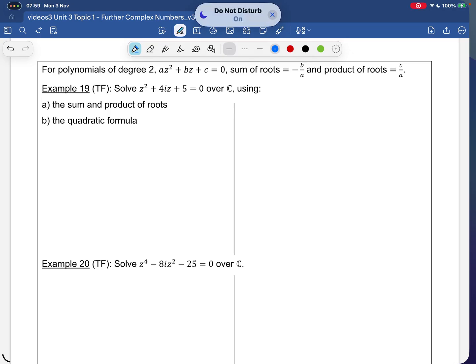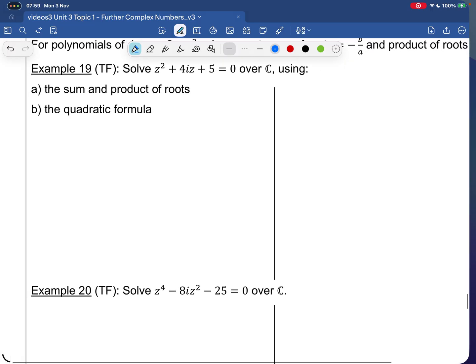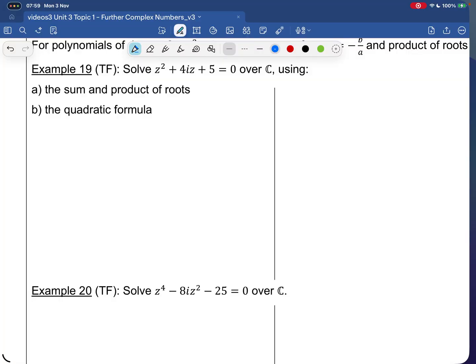Right, if we've been given a quadratic polynomial, we can use our sum and product of roots and what we know about those to help us to solve the quadratic. Let's have a look and see how we would go about doing that. If we've got that z squared plus 4iz plus 5 equals 0,